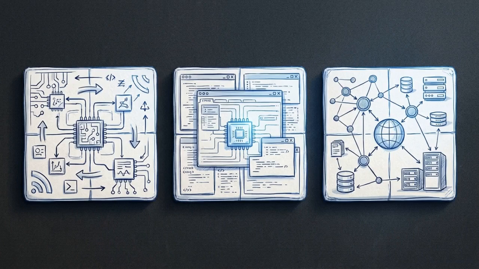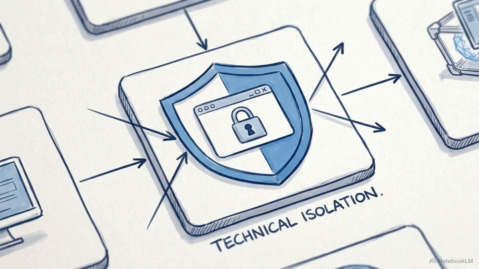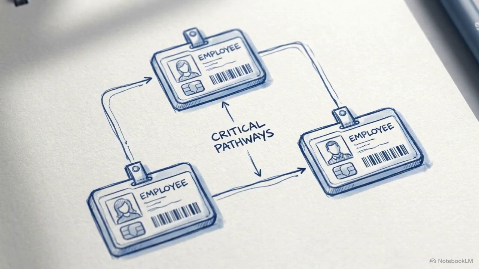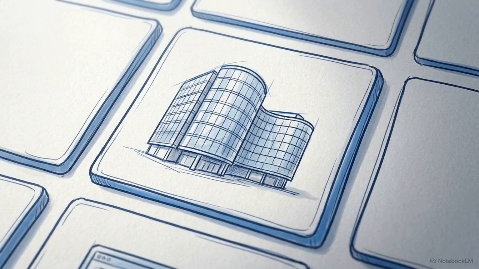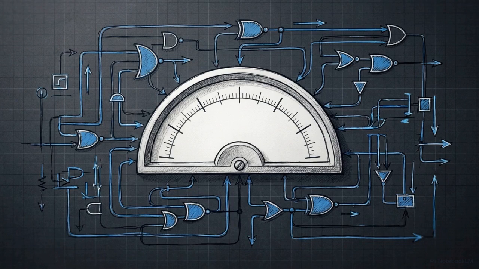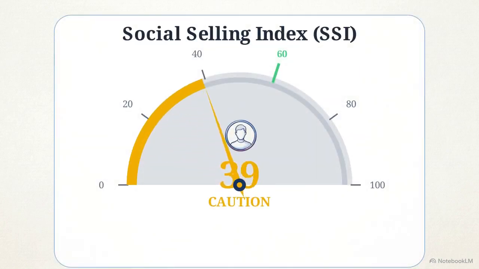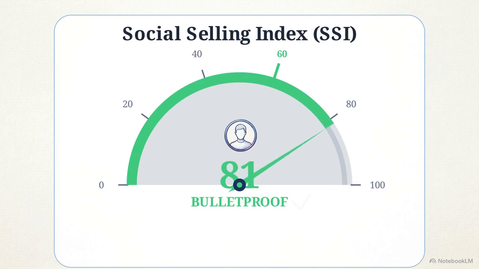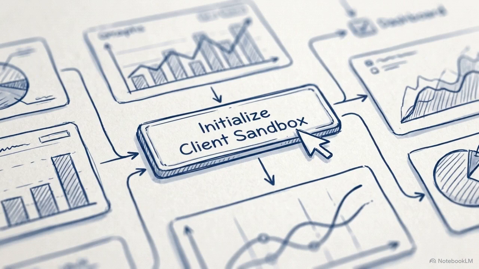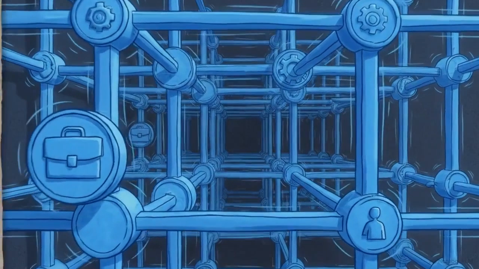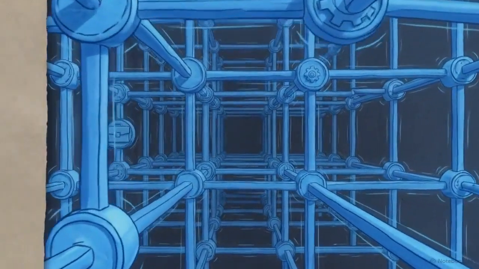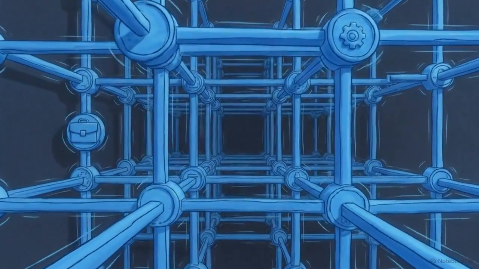You now have the 3 operational pillars in place: isolated sandboxes for personal accounts, secure delegation for your team, and native control over company pages. To monitor the ongoing health of these managed accounts, track their social selling index, or SSI. Check that metric weekly. A consistent SSI score above 60 indicates the profile is actively reaching the right audience without triggering spam filters. Open the Send.Win dashboard right now and initialize the sandbox for your first client. Locking down this exact technical infrastructure transforms your agency from a fragile network into a highly secure,